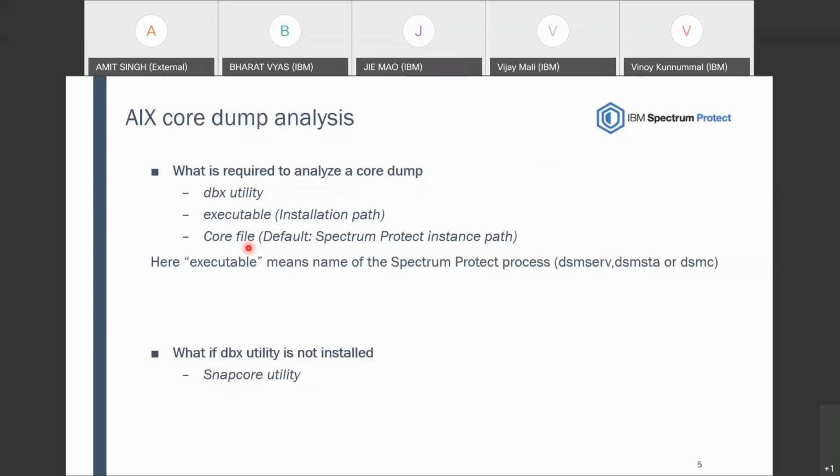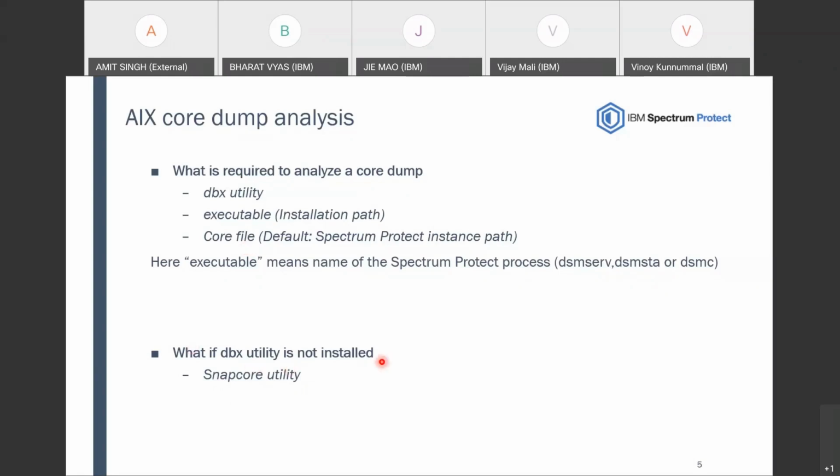If the Spectrum Protect server crashed, you have to provide dsmserv as the executable; for the storage agent, the executable name is dsmsta, and for the client, the executable name is dsmc. The default location of the executable will be in the installation path. For the server, it will be the /opt/tivoli/tsm/server/bin location, and the core file will be in the Spectrum Protect instance path.